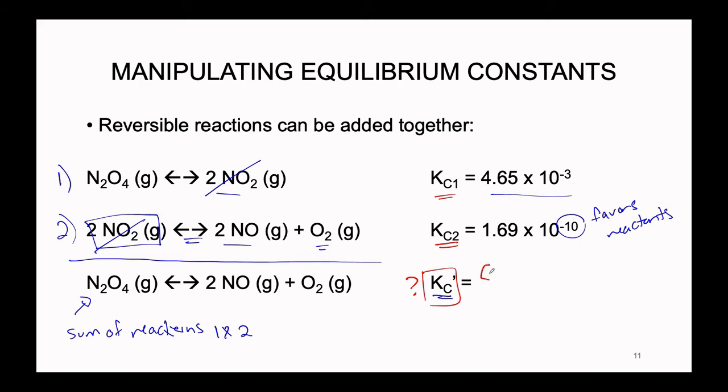We have a ratio of products, our first product being nitrogen monoxide, and we're going to square its concentration since there is an exponent of 2 here. We multiply that by the concentration of O2 gas and divide by the concentration of our reactant, the N2O4. What we can see is that this is actually a combination of the previous two equilibria. In other words, this is equal to our first equilibrium, where the product NO2 squared is divided by the reactant N2O4,